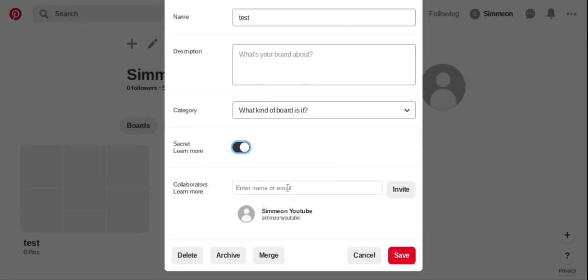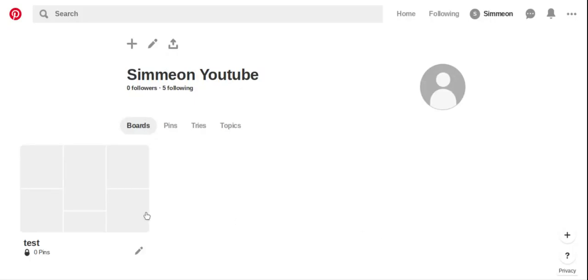that we invite, so if we enter an email address in there and invite somebody, they would be able to see it, but otherwise it's just you as the creator of the board can see the contents of it, so it's private. So all we do is we click secret, then we click save, and now our board is private,